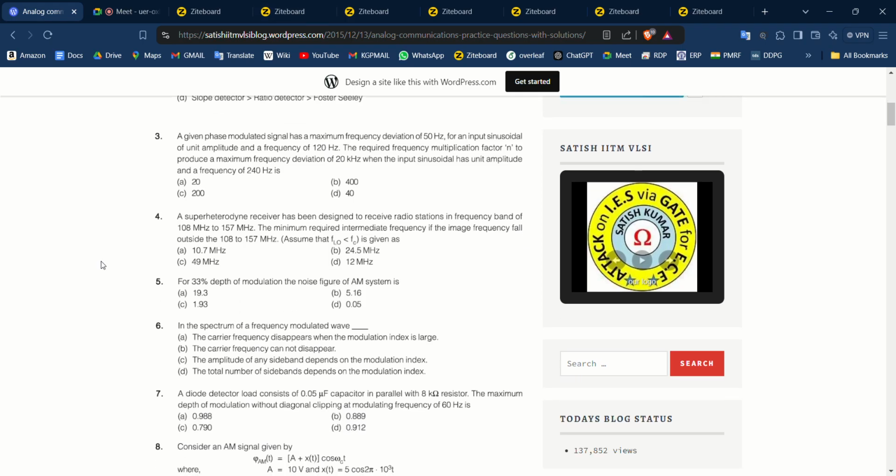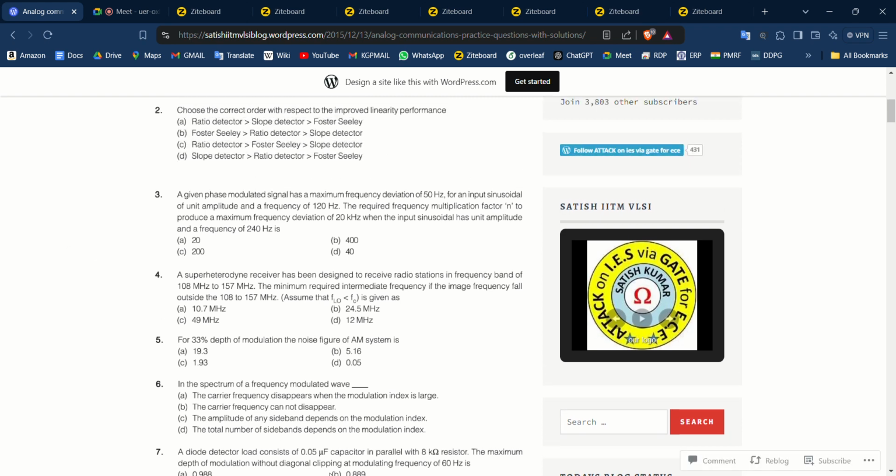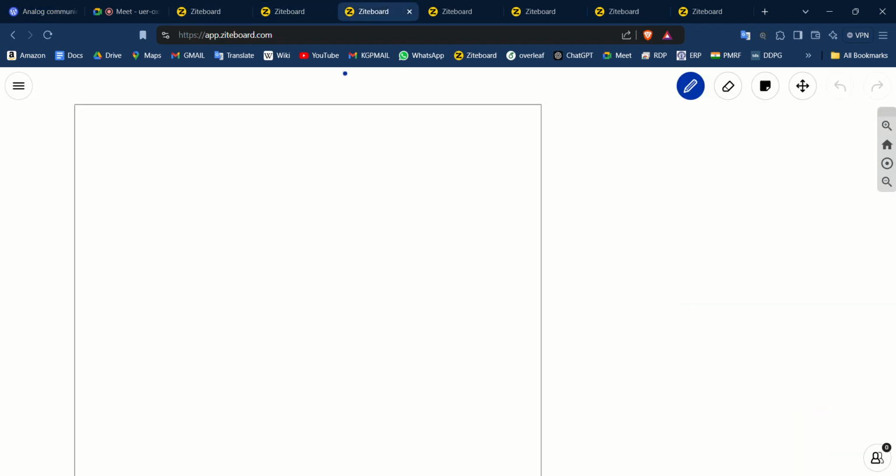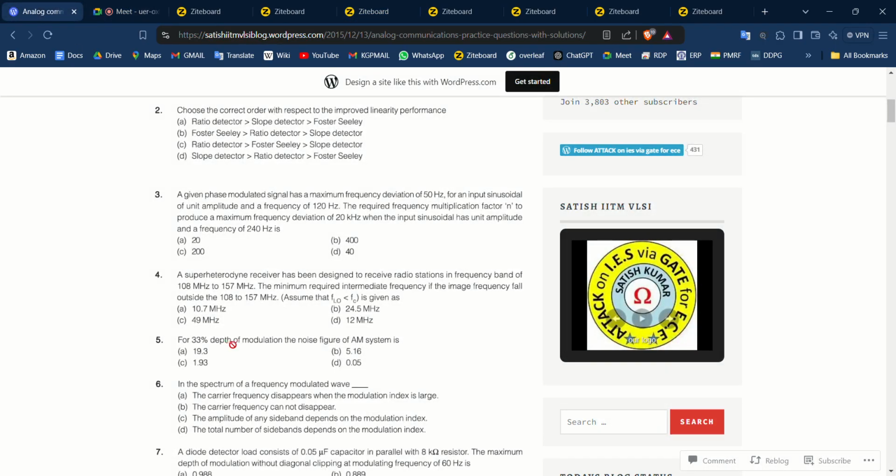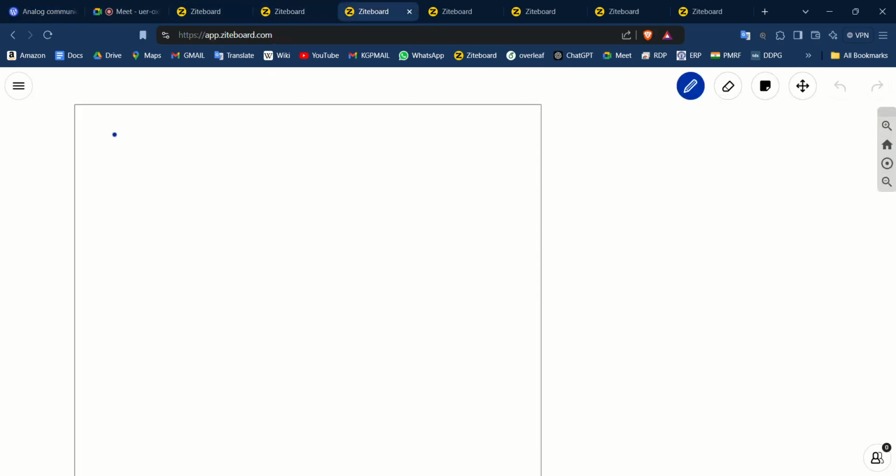Next, for 33% depth of modulation, what is the noise figure of an AM system? 33% depth of modulation means mu is equal to 33% or 0.33. So, mu is equal to 0.33. Therefore,